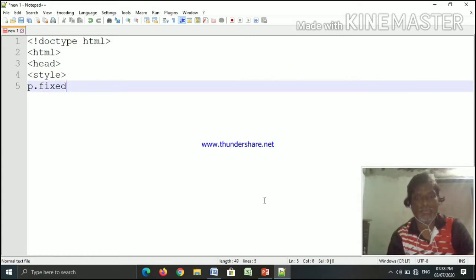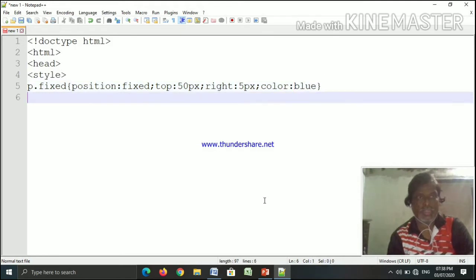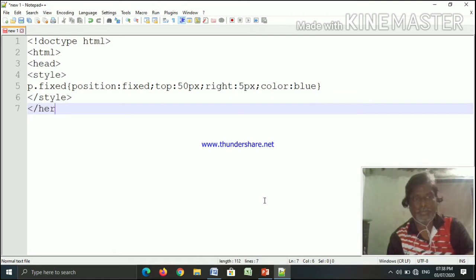So here I am giving the name as fix to the class selector, and properties: position, value of position is fixed, then top equal to 50 pixels, then right having 5 pixels, and color to the text, color as blue. End of style, end of head,